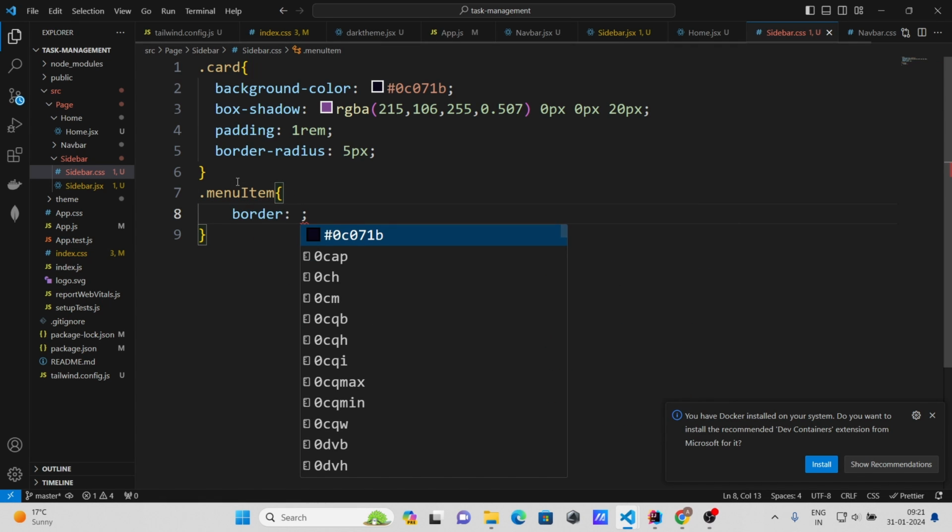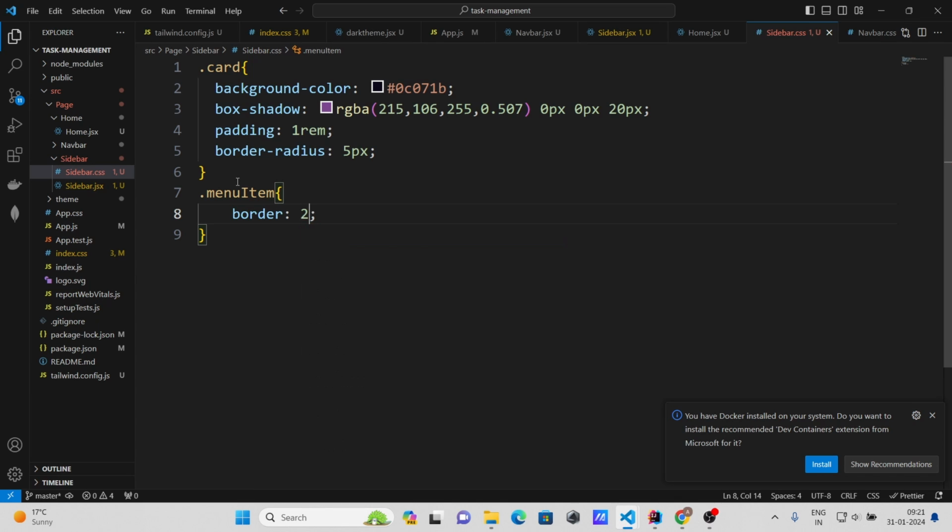So we need to give here only border 2 pixel, solid C24 double D0, and inside active menu item,